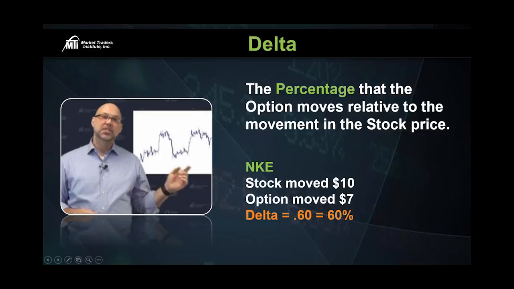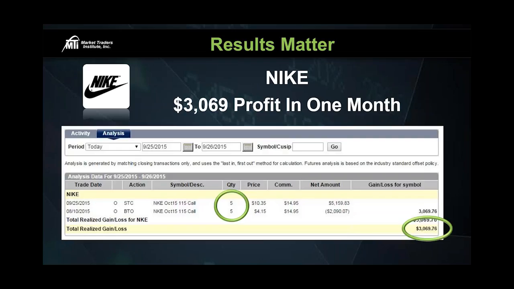Now, when we showed that trade to our team, we showed it as a $3,000 profit. The reason is because we traded 5 contracts on Nike. Now, for many of you here in the room, the brand new people, you might only start trading 1, maybe 2 contracts. But once again, it's scalable. You can build up to the point where you're trading 2, 3, 4, 5 contracts at a time. I don't care who you are, $3,000 off of one little trade in 1 month like that, that's a nice little bump. And that's what it's like to trade and work with our team here.